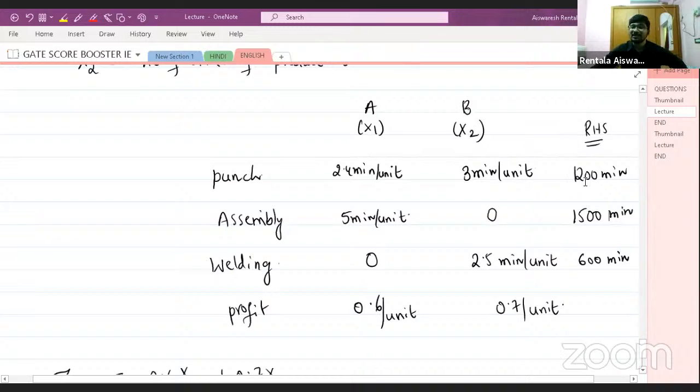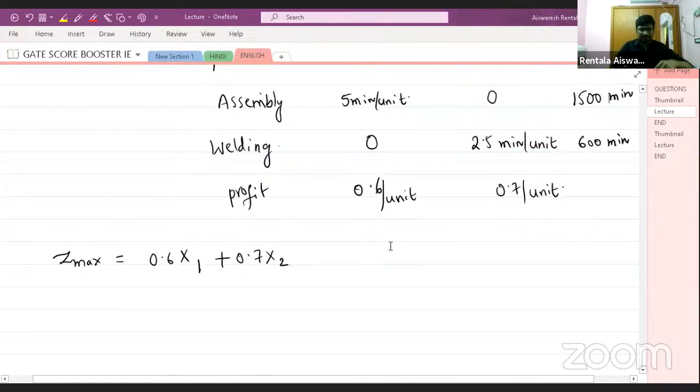But what is the limitation? Only 1200 minutes are available for 1 week. That means the summation of the total punch press time of product A and product B should be less than or equal to 1200 minutes, right or not? You can use a maximum of 1200 minutes, or less than 1200 minutes also. So if I write the constraint, then it will be